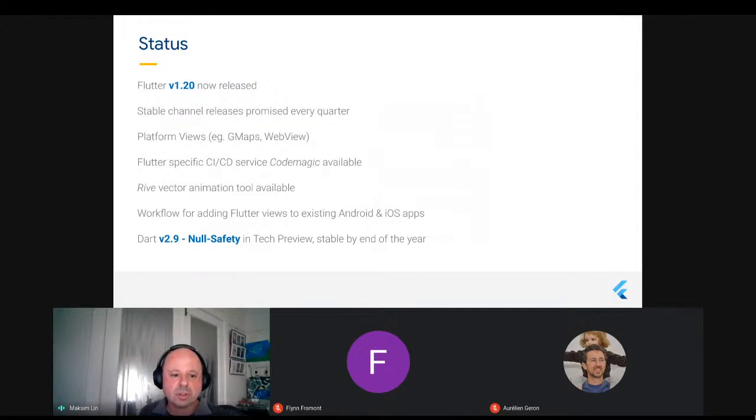And a big new feature that's coming to Dart that people who perhaps have done Kotlin or Swift might want to know about is this thing called null safety. That's literally within a month or two going to be released, and that really makes Flutter, or the Dart language that drives Flutter, much more comparable to Kotlin and Swift for those who've done some native development on Android or iOS.